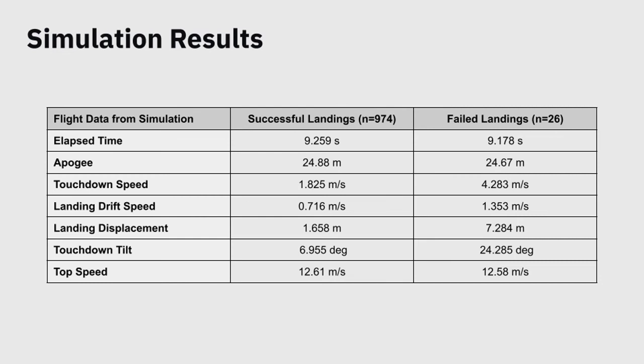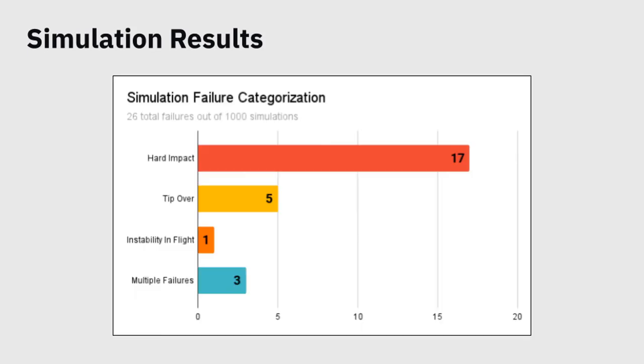To test the reliability of this novel approach, 1,000 simulations were conducted. The rocket was able to safely land in 974 of the simulations, providing us with a landing success rate of 97.4%. Out of the 26 failed attempts, 17 were caused by hard impacts due to insufficient throttle control,